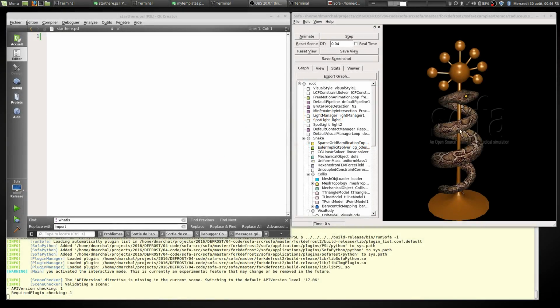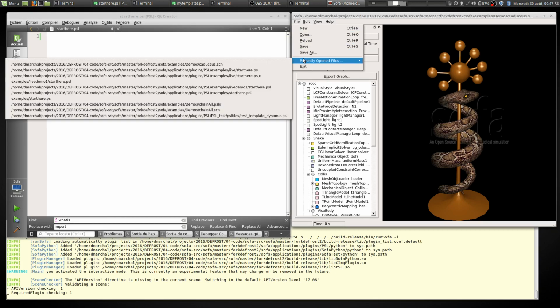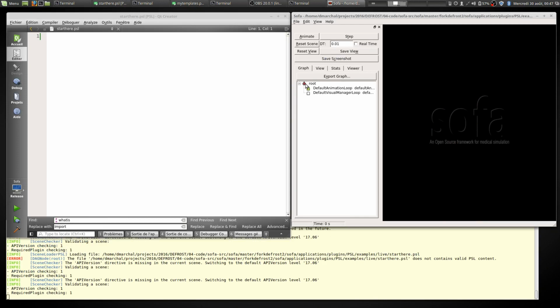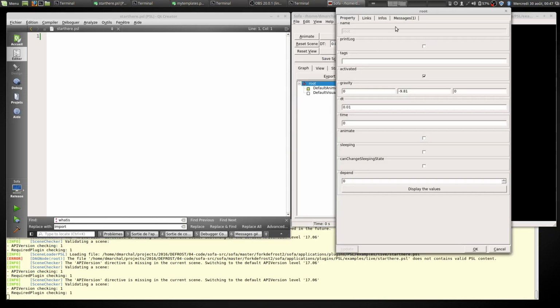On the right side, I have the classical SOFA started. I have started SOFA using the -e option, which means that each time I am changing the source code that is on the left side, the scene will be updated. And I have loaded a very simple, empty scene which is called start.psl, which is the PSL extension for JSON files. And I will load this file into SOFA, and of course we have a small warning which says